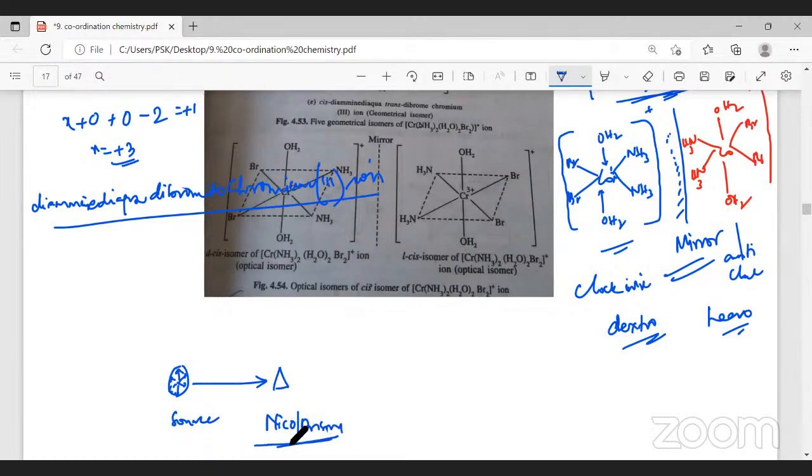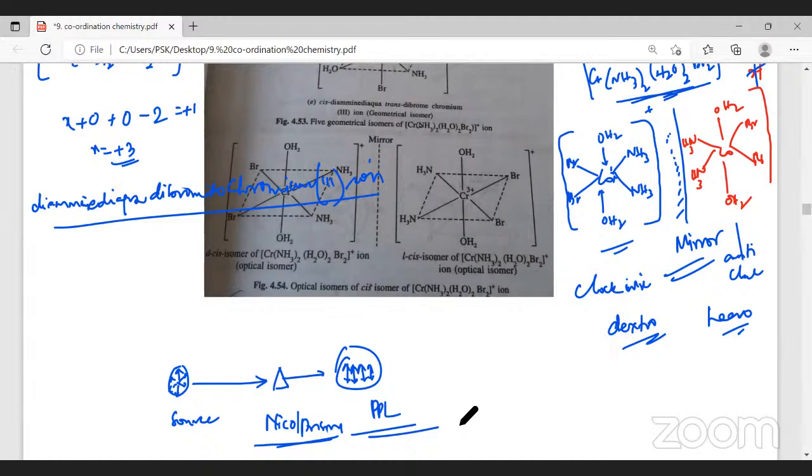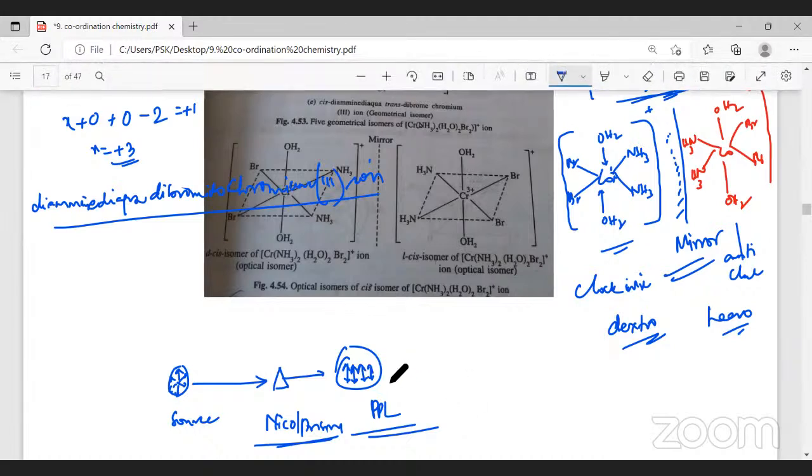The light which is scattering in all directions will be arranged in one single direction. This light is called plane polarized light. So when this plane polarized light passes through the complex,